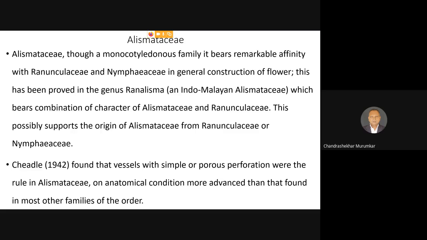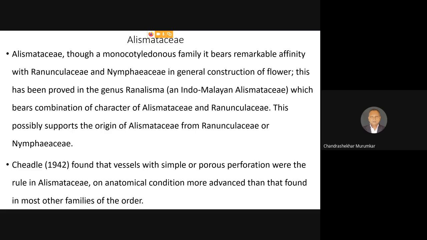The bordered pitted thickening is nothing but a sort of evolution which has taken place in the wood architecture, and the simple pitted thickening is the most primitive character, which is indicated by the Alismataceae family as well as by the family Ranunculaceae on the other side. And because of all these parallel characters, Alismataceae is one of the important families, because this family can be treated as one of the links between the dicots and monocots, and also it is forming a link between the